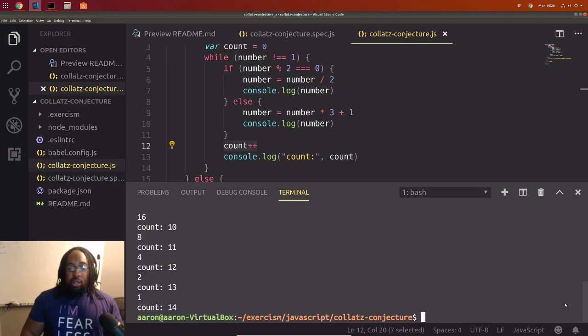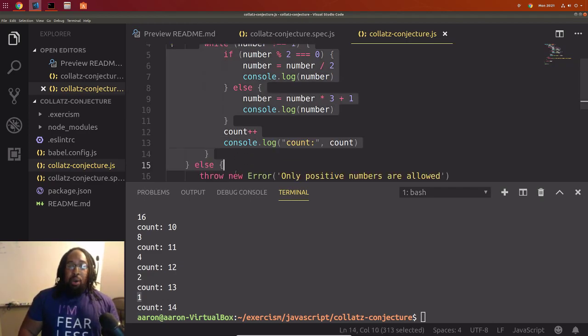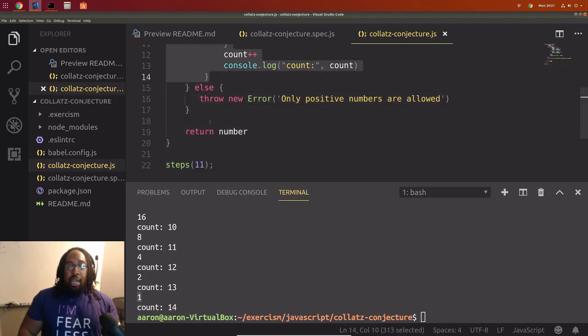And it goes through, and once it gets down to 1, we can see it gives us the count, and then it tells us that, and then it stops. So it knows to stop because once number is 1, it goes back up to run this while loop again. It checks if 1 is not equal to 1. It says, hold up, 1 is equal to 1. So I'm not going to run anything inside this. And then it drops out of all of this. So it drops out of here, and then it goes down to return number. And so it returns the number.